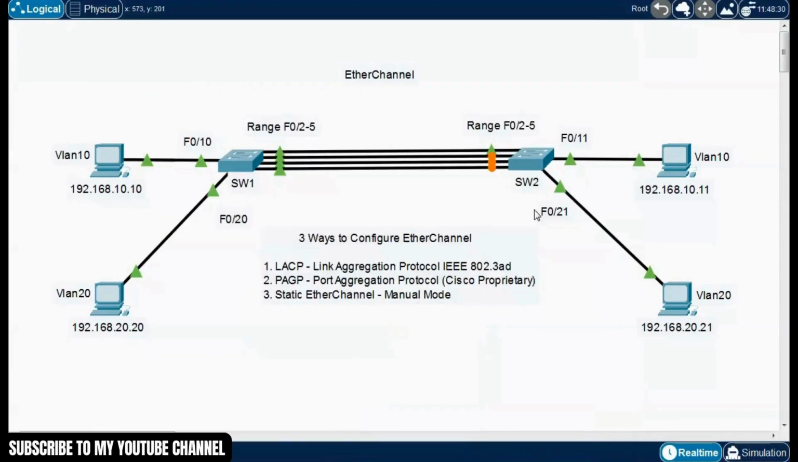Okay, so now let's move to switch number 2. We'll do a slightly different configuration here. On SW1 we enabled the LACP mode and chose active. On switch 2, we'll be using the passive mode. I'll explain this now. Let's say, for example, on switch 1 we enable the active mode, and if we enable the active mode on switch number 2 as well,